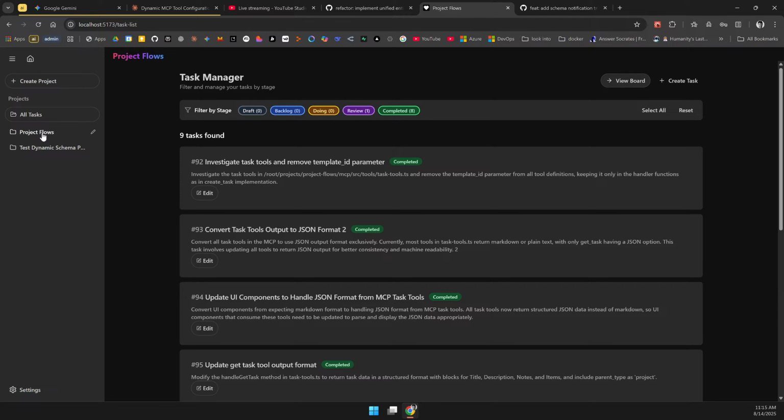So you can either manage it using MCP agents, using MCP tools, or on the other hand, you can use